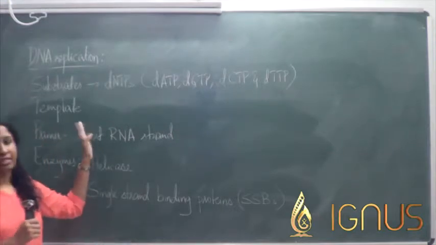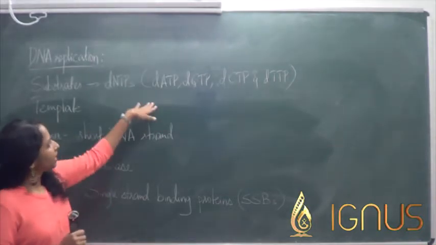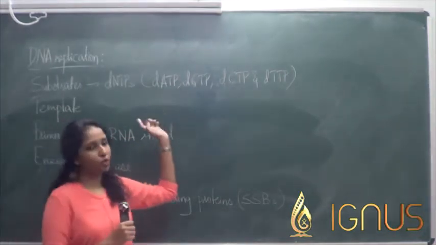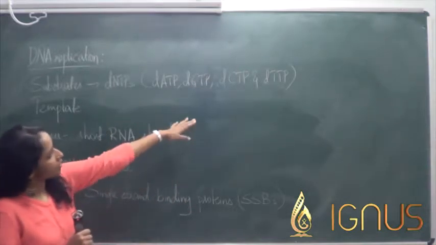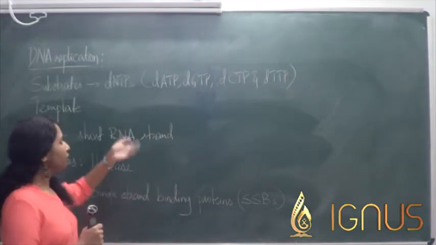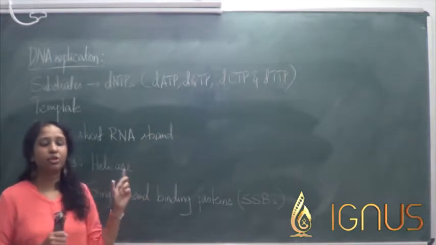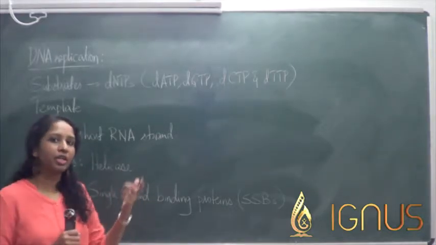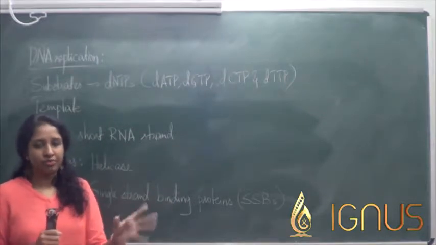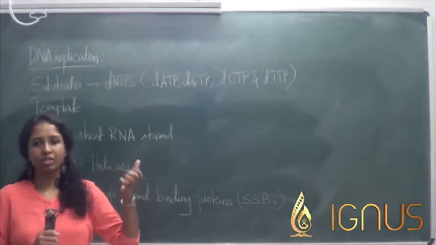Now substrates for DNA replication, of course, would be dNTPs, which would be dATP, that is deoxyadenosine triphosphate, deoxyguanosine triphosphate, deoxycytidine triphosphate, and deoxythymidine triphosphate. Although we will be using the triphosphate forms of the nucleotides, the nucleotide which eventually will be put into the DNA strand will be a monophosphate. Okay, the two other phosphates will get removed and a monophosphate form of the nucleotide will be attached to the